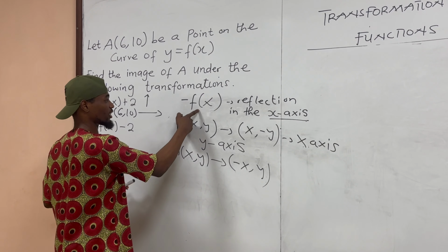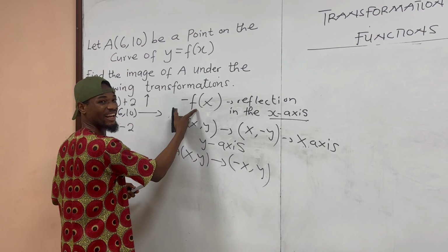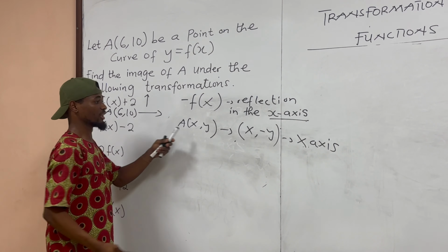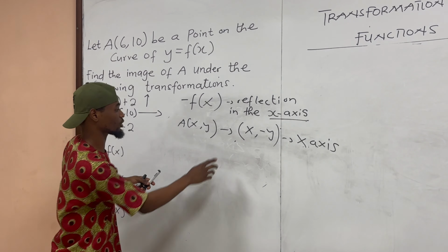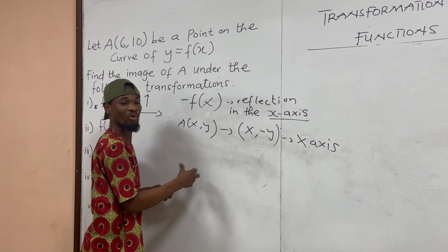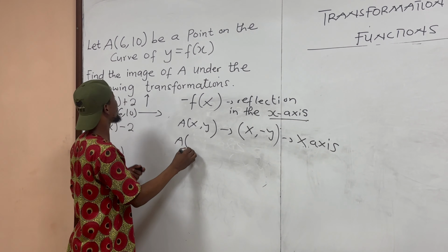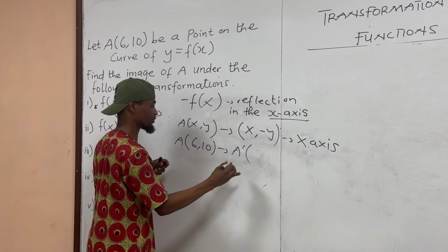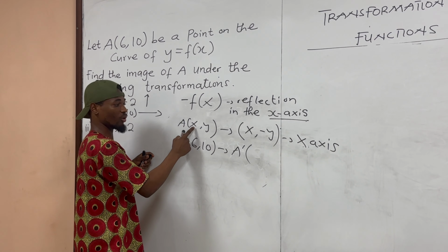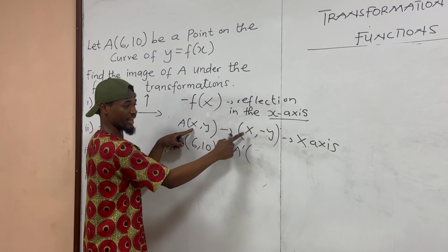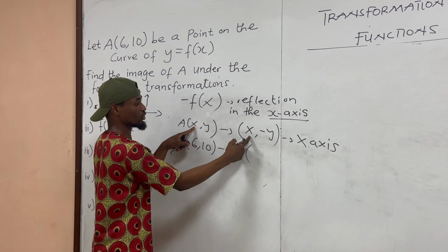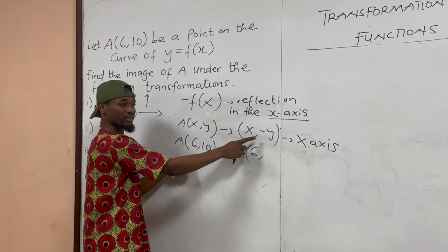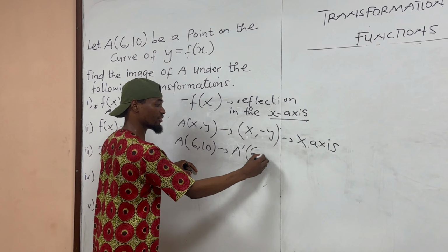So since this one is reflection in the x-axis, what are we supposed to do? We are supposed to negate the y coordinate. So I have my A, I have 6, 10, and I have A prime becoming. So we maintain our x. The x is here, nothing happens to the x. So we maintain it, and the x here is 6. Then comma. Here was positive y, here became negative y, so we have negative